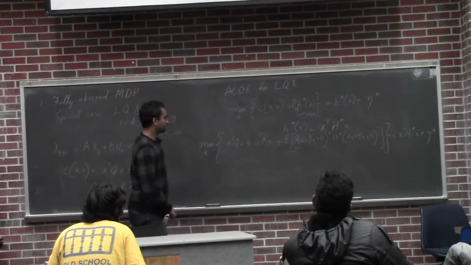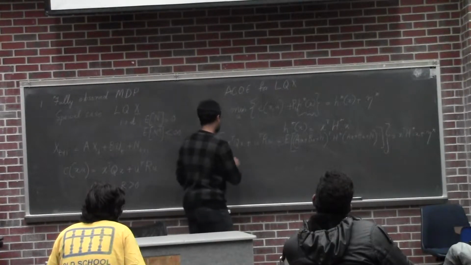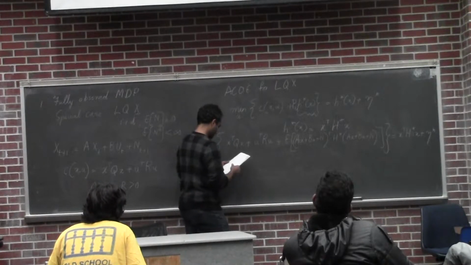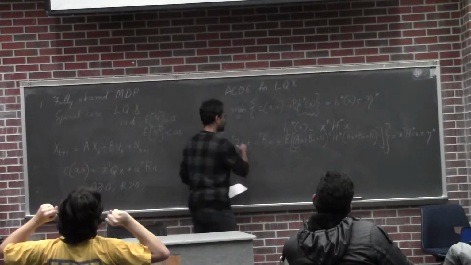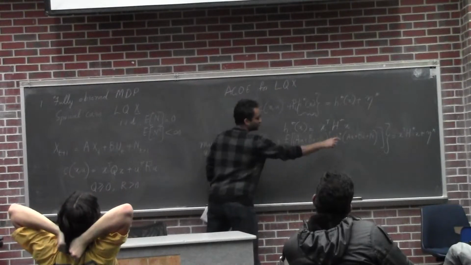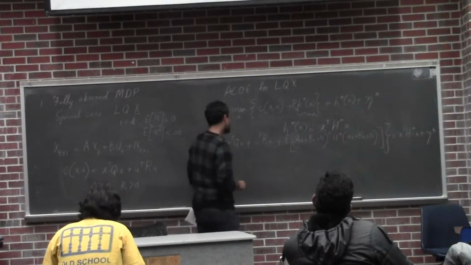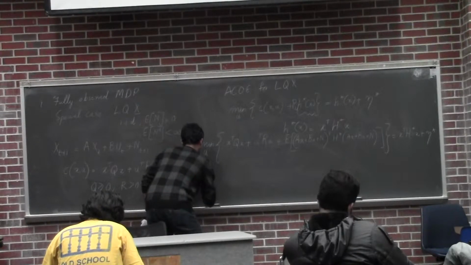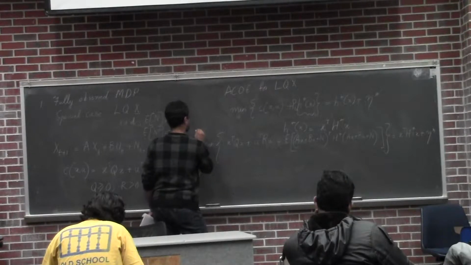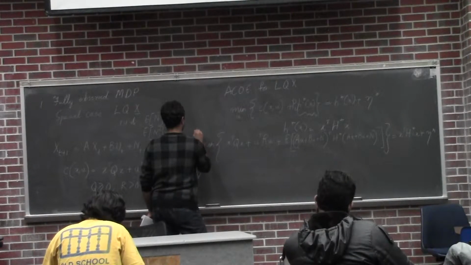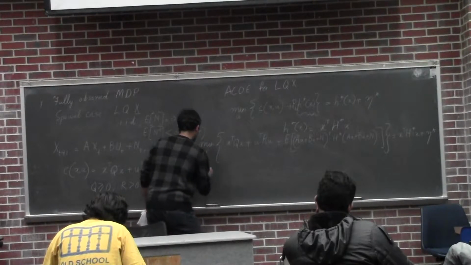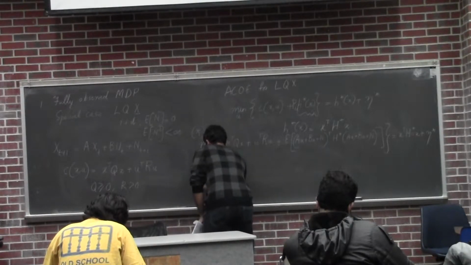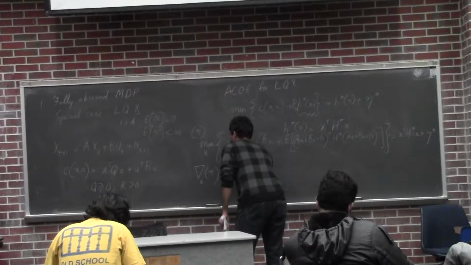So to solve this, we need to take the gradient of this whole thing within brackets with respect to u, right? So the gradient of this, let's call this equation star. So taking the gradient of equation star with respect to u, you get